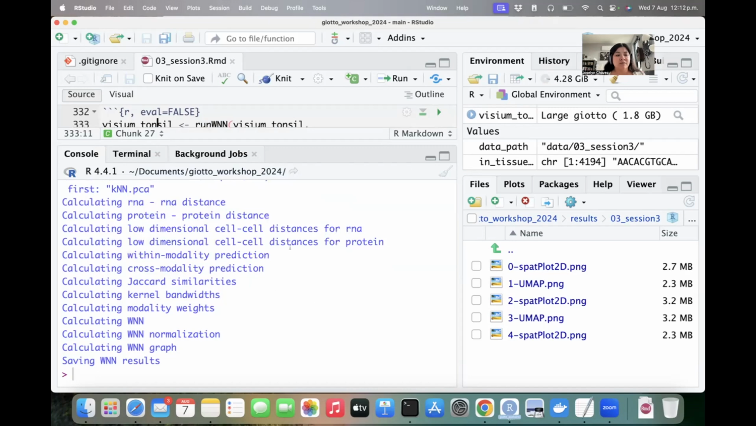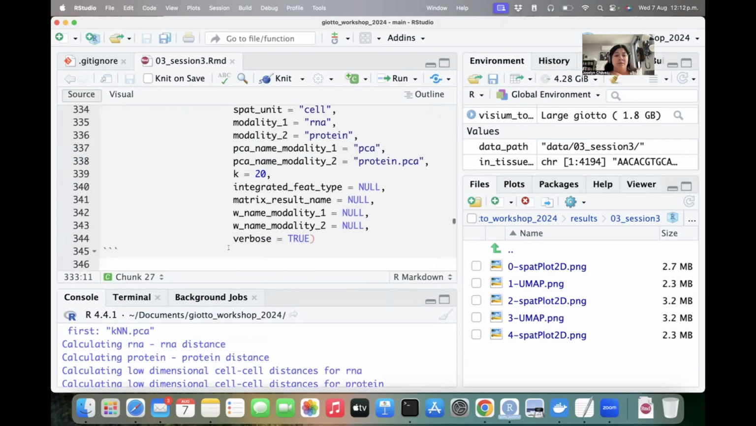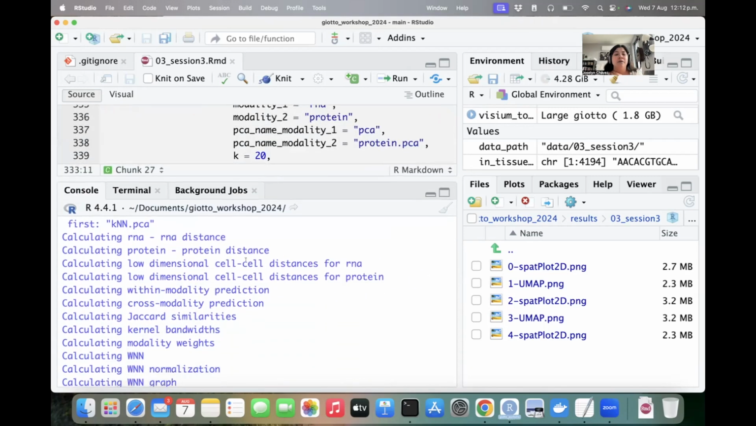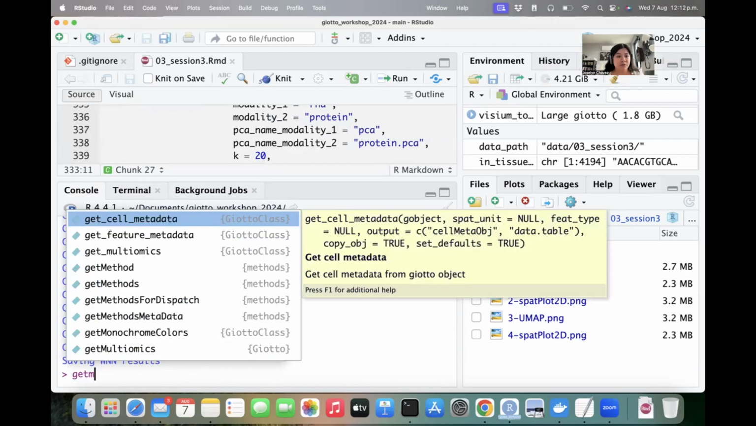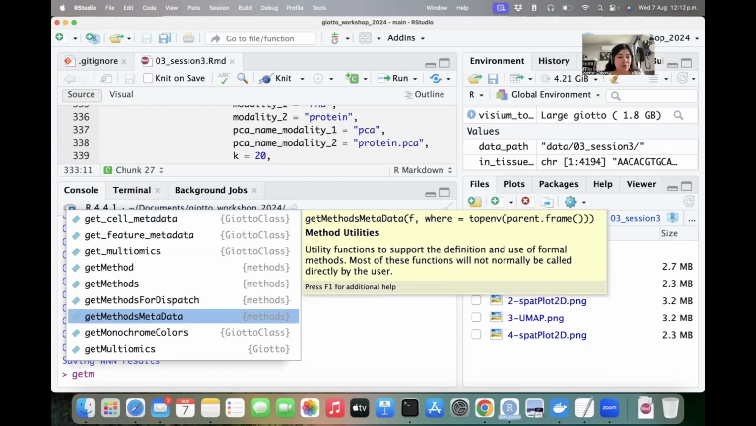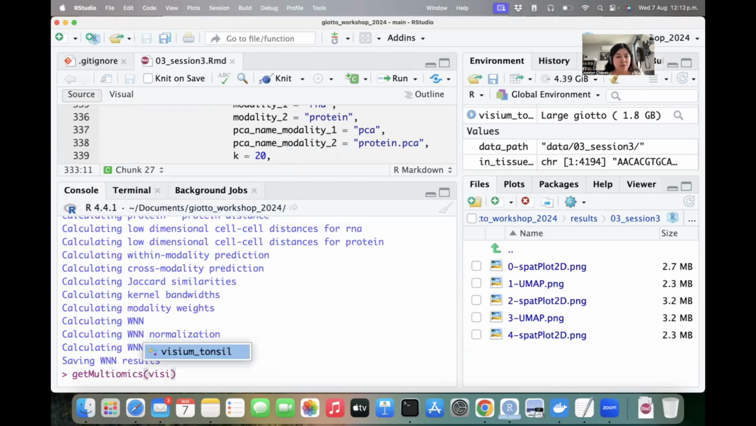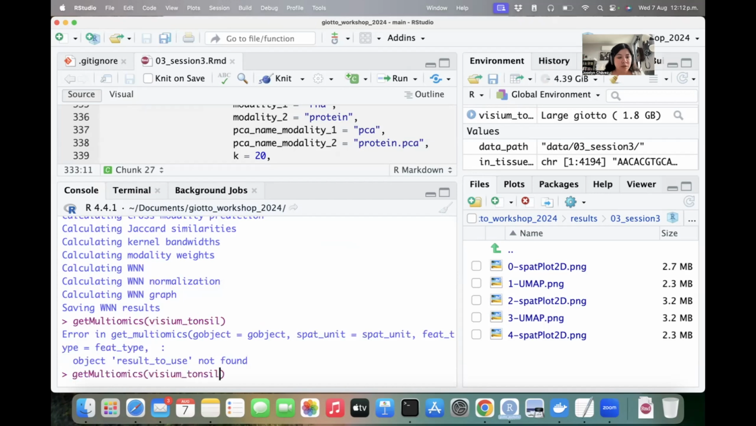At some point, it needs to calculate some distances from the RNA, and then some distances using the protein. Then it's calculating the weights here, and then it performs a normalization, and finally, it will save the results in the same Giotto object. So you can see the results using the Get Multi-omics function from the Visium, and then